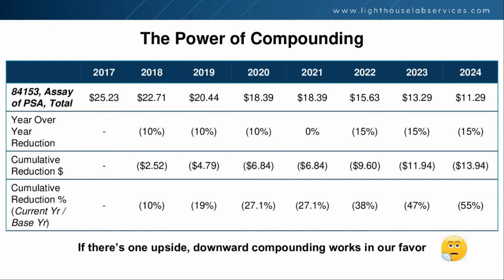This slide is going to give you an example of the power of compounding. If we take one test, the 84153 assay of PSA, and follow it over the life of the PAMA reductions, in 2017 it was priced at $25.23. A 10% reduction took it down $2.50, then $4.50 cumulatively, then $6.80. We had the 2021 reprieve. It goes down by $9.60 cumulatively in 2022, ending in 2024 at